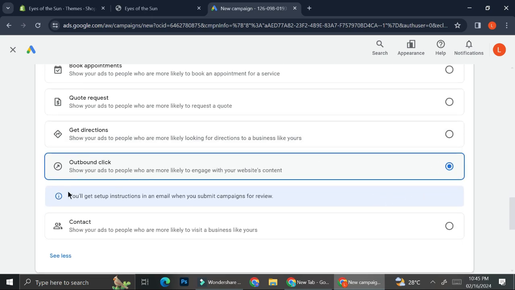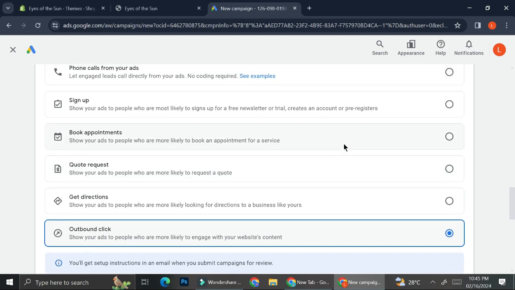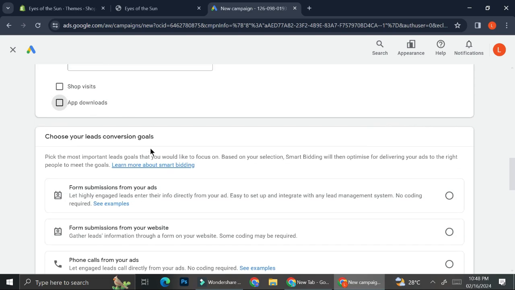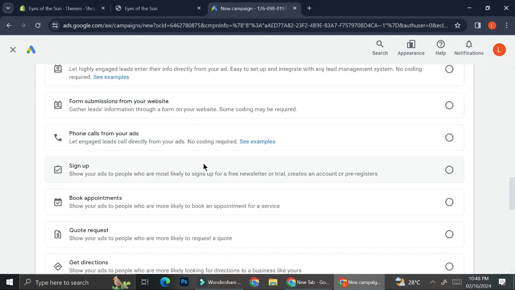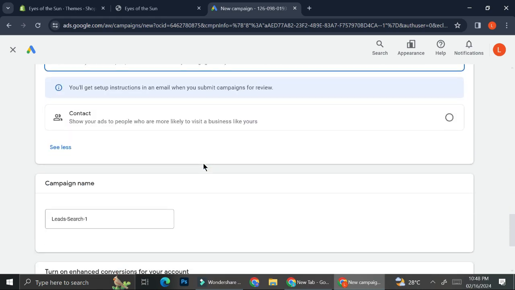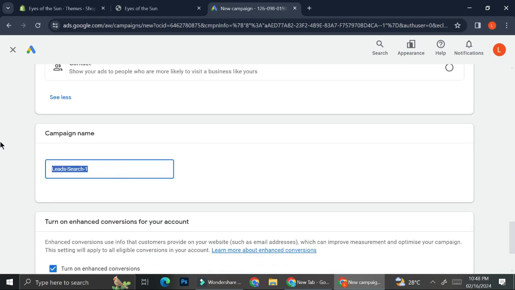And if you click on any of this, they're going to give you information on what's going to happen. For example, if you click on outbound click, it's going to say that you're going to get setup instruction in an email when you submit campaigns for review. So once you've chosen the leads conversion goals that you want, the next thing you're going to do